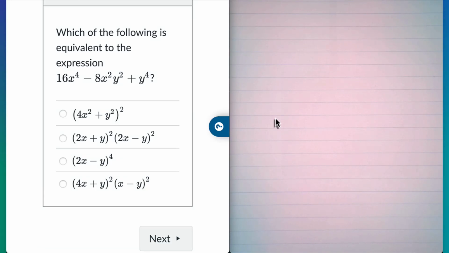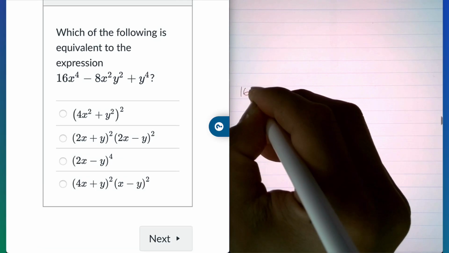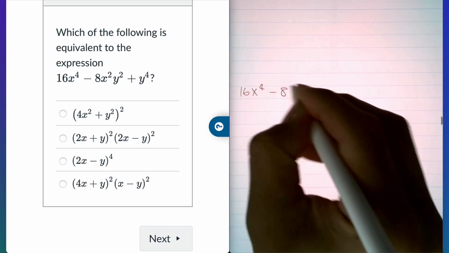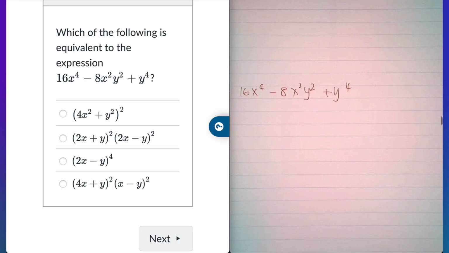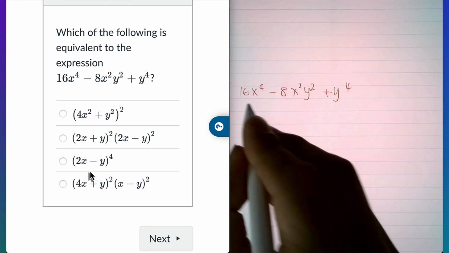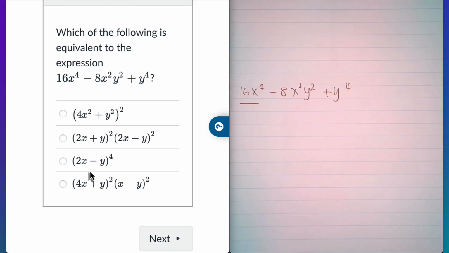All right, let's solve some more factoring here. We have 16x to the fourth power minus 8x squared y squared plus y to the fourth power. So if you look at the answer choices, we got mostly binomials, except for the third one that has a fourth power by itself. That's not likely it, but let's first notice that the 16x to the fourth power and